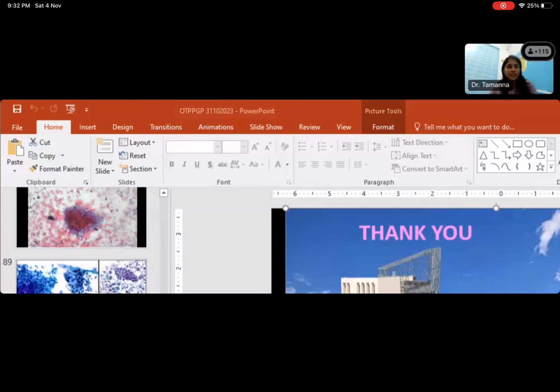It's everything, it will be one and the same, because they have taken 3 parameters. One is the FOV. FOV means field of view. Okay, field of view is 22. And you are using a 40x objective, right? And the eyepiece power is 10x. If the eyepiece power is 10x, field of view is 22, and you are using a 40x objective, then one field should have at least 9 cells. If 9 cells are there, then it translates into not more than 10,000. If 10 is there, it will be more than 12,000. If 12 are there, then it will be 25. So this is the only way we can do.